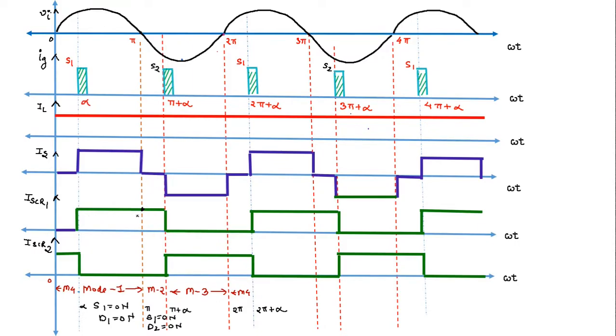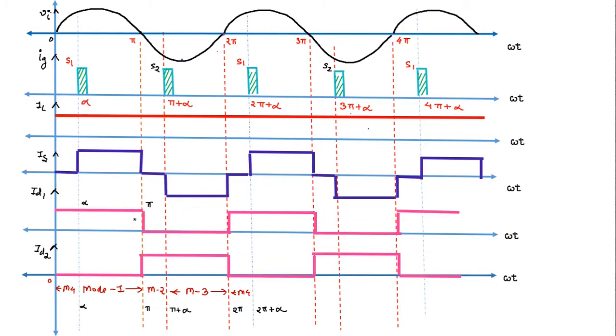What is the SCR current? Because SCR1 continues to conduct due to the stored energy in the inductor, the SCR current will be equal to load current in this condition from the instant omega t is equal to pi to omega t is equal to pi plus alpha. Now we will take the SCR2. SCR2 current will be equal to 0 because now it is in the off condition. Now we will see the diode D1 current. Diode D1 current will be equal to 0 because it goes into the off condition as soon as the negative half cycle comes in contact with this diode D2. Next, diode D2 is on in the mode 2 operation. Therefore, diode D2 current will be equal to the load current between omega t is equal to pi to omega t is equal to pi plus alpha.